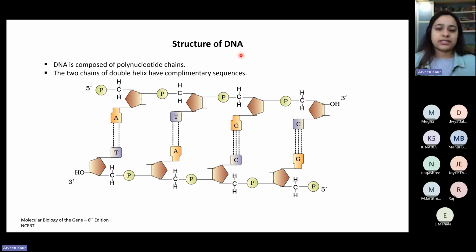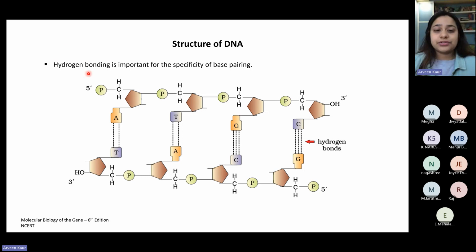So we know what complementary sequences with respect to DNA are. It basically means that whenever A is present, it will always have T as its partner. We are saying that these chains are running anti-parallel. So its complementary partner will always be T, or in case of RNA, it will be U. And whenever G or C is present, its partner will be C or G. So GC go together, they are complementary to one another. AT go together, they are complementary to one another.